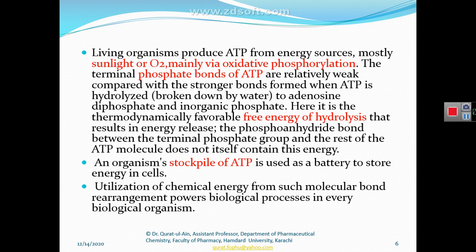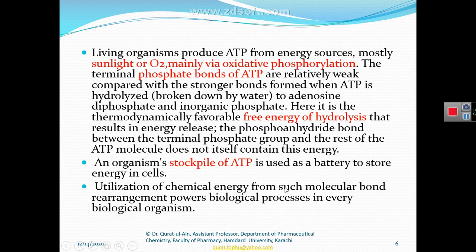We have already discussed the production of ATP from the metabolic reactions that we have studied up till now. Energy, that is ATP, is produced during glycolysis, during the citric acid cycle, and during other pathways. But energy in the form of ATP can also be produced via oxidative phosphorylation. This oxidative phosphorylation is also called cellular respiration, because in this pathway energy is produced from oxygen, not from the metabolism of larger macromolecules.